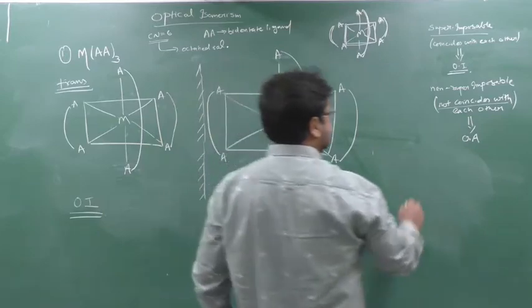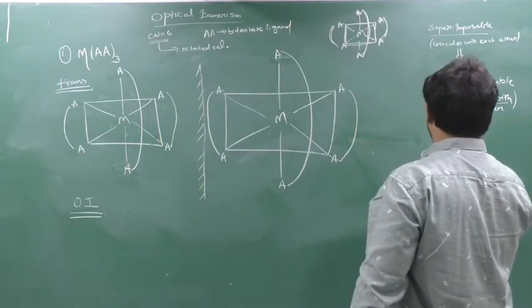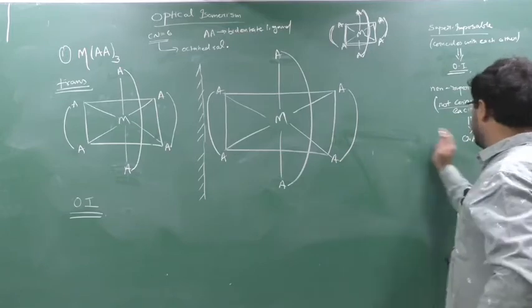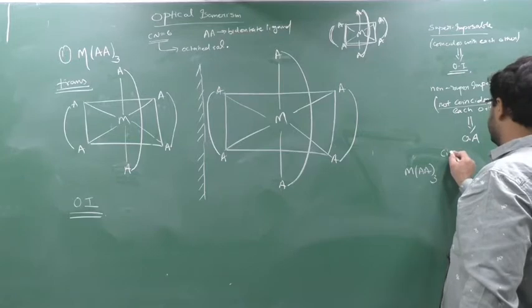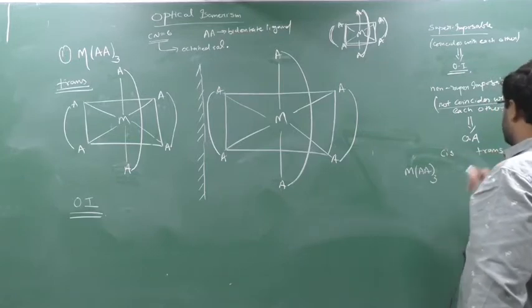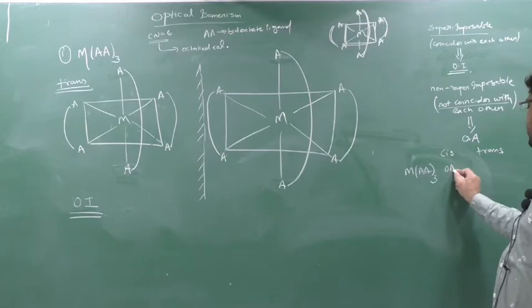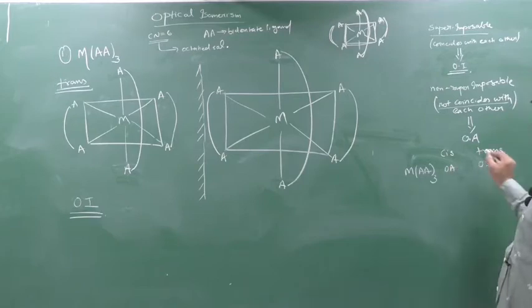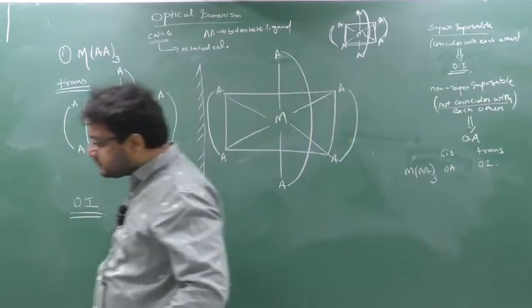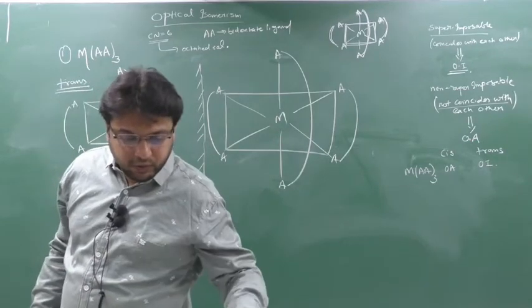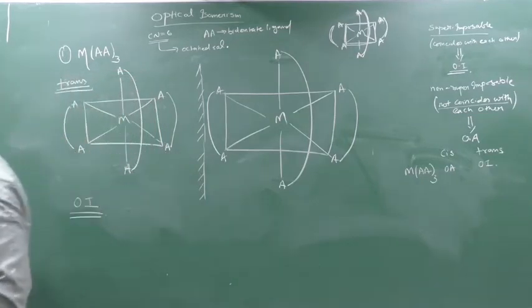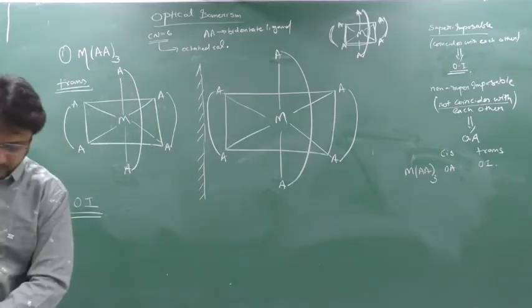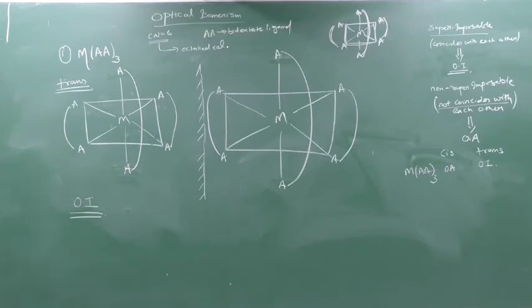So I can make one list here. I'm writing here compound MA2A3, cis position and trans position. So in the cis position I got optically active and in the trans position I got optically inactive. MA2A3 type. Clear? Write that note down. Then we go to the second portion. Done? Chalo. So next we will see.